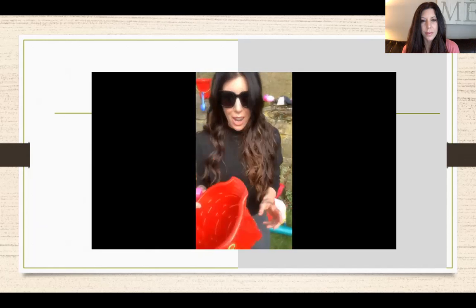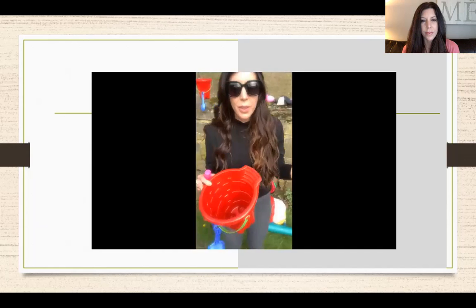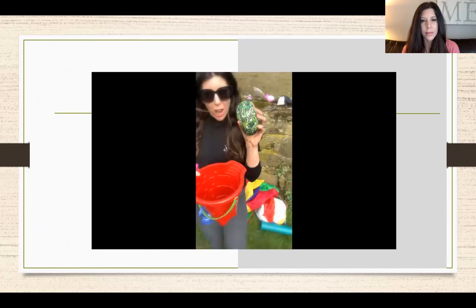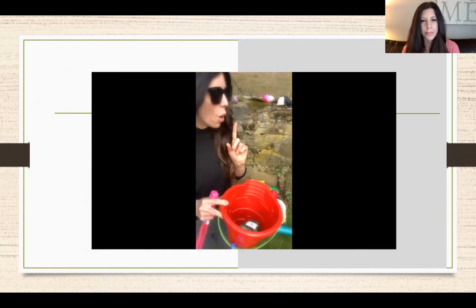The buckets are also a great idea when you want to do a tossing station. So I'm a big fan of the gross motor stations. You can set these up outside where you can get a bucket and even a laundry basket, and you can toss different things in it. So I have these really super soft balls that you can buy, again, for like $1 or $2, that they can throw in. Or